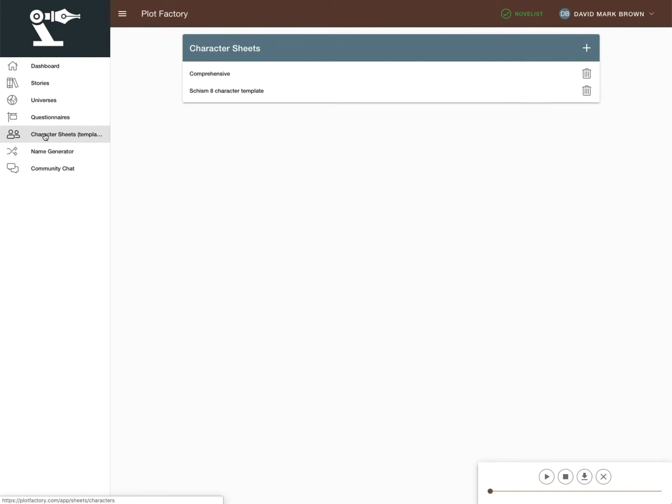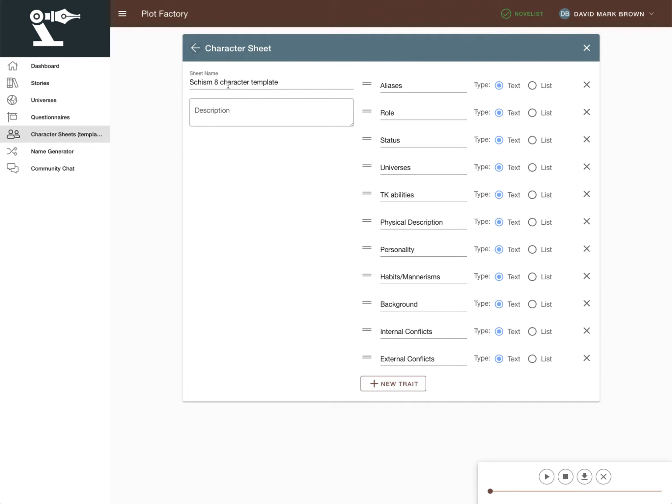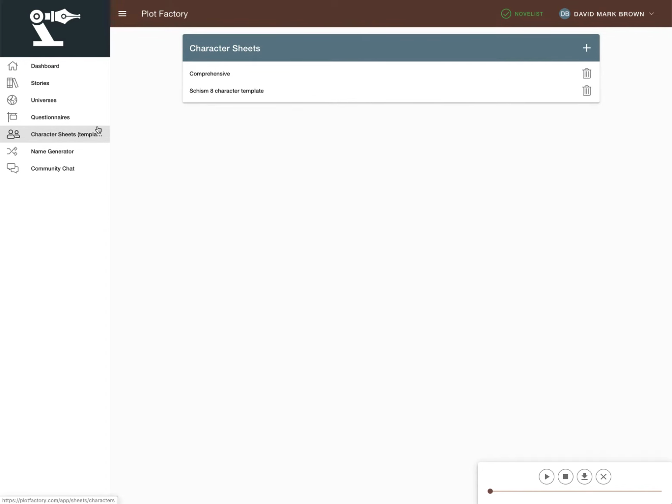One of them is this character sheet. So this is the way to build a template that you want to reuse for your characters over and over. So if I'm going to build a new character, I can come in and use this Schismade character template, which I have added the specific fields to that I want to use. And in this case, they're in multiple parallel universes. So I want to keep track of which universes these characters are still alive. I want to keep track of their telekinetic abilities. I want to keep track of their name in each of the different universes. So I've added those fields as well as the more standard ones that I want to utilize with every character, so that when I create a new character